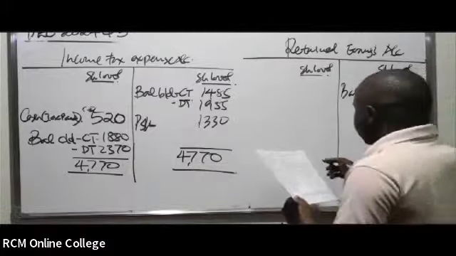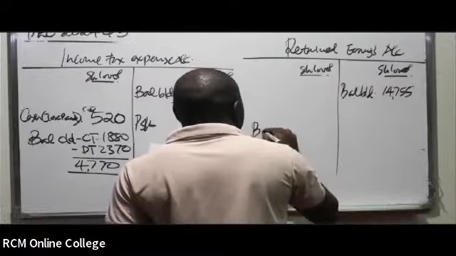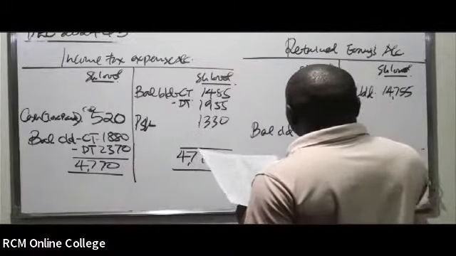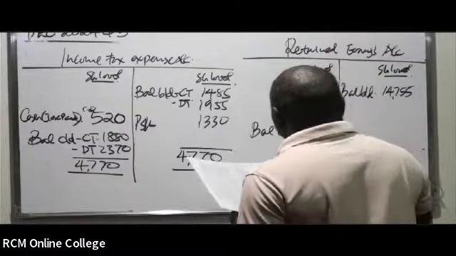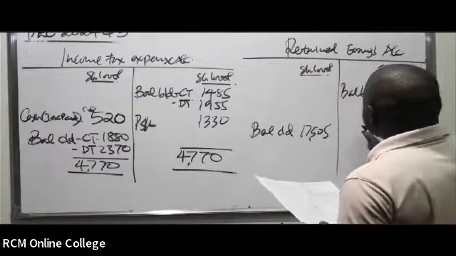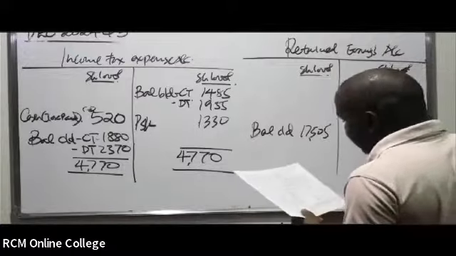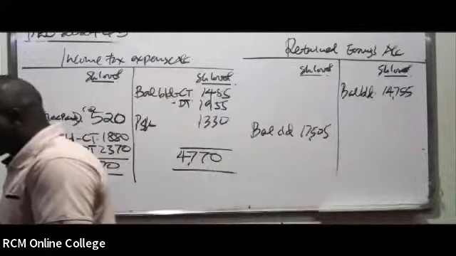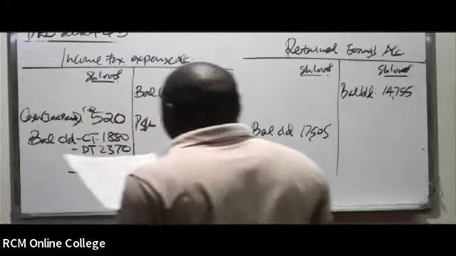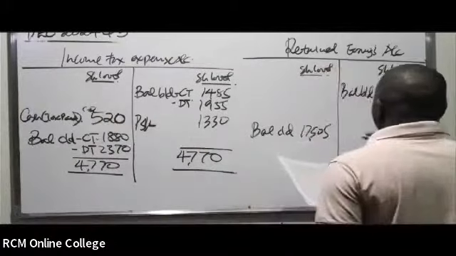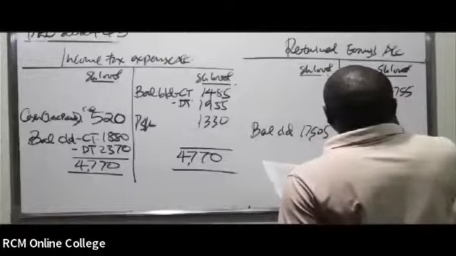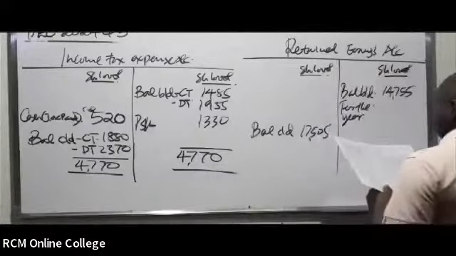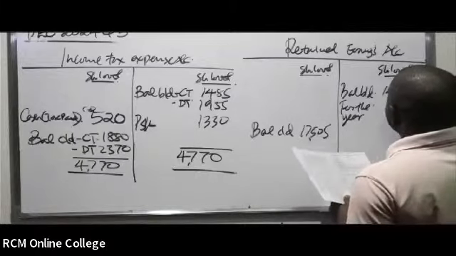Well, in this case, at the end, we have a balance carried down in the retained earnings of a figure of 17,505. During the year, they made some profits. During the year, they ended up having to make what? Some profits. So in this case, from the P&L account, profit for the year. So for the year, they had actually made some profits. So they retained earnings of, in this case, an amount of